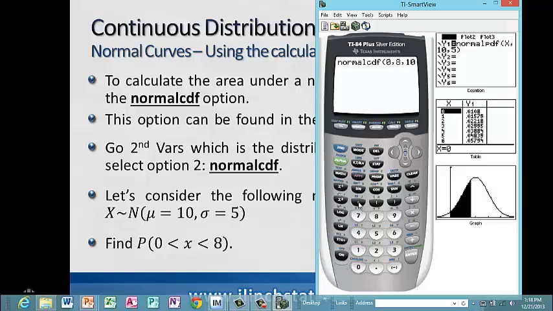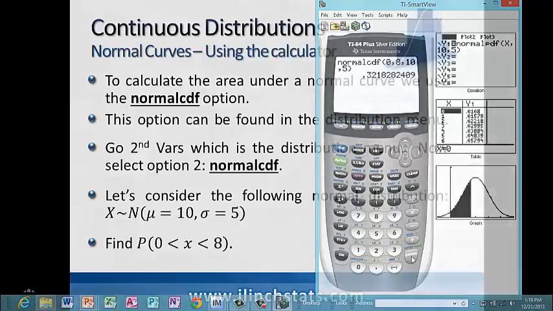So once again, the NormalCDF function requires 4 parameters for entry: lower bound, comma, upper bound, comma, mu, comma, sigma. And when we press enter, it's going to give us that respective probability. The probability that x is between 0 and 8 for a normal distribution that has a mean of 10 and a standard deviation of 5 is 0.322. Now,